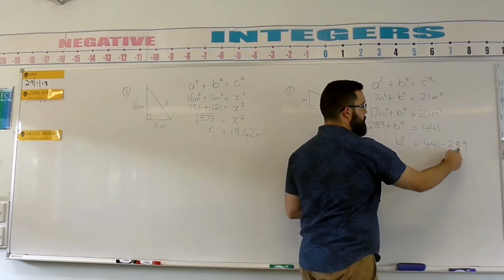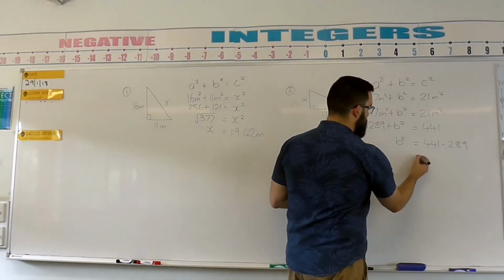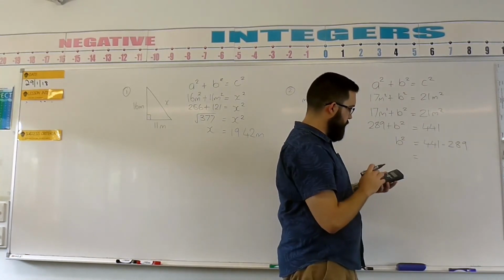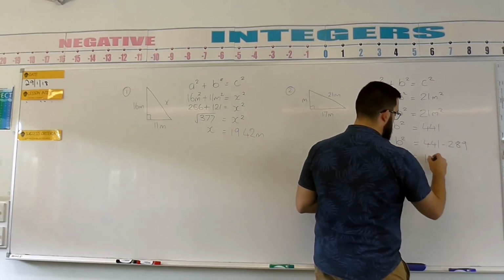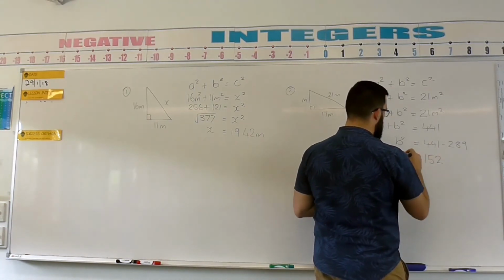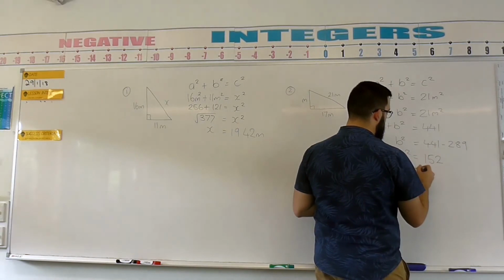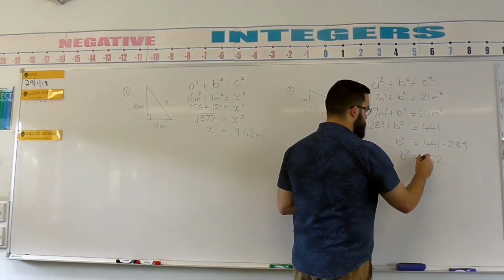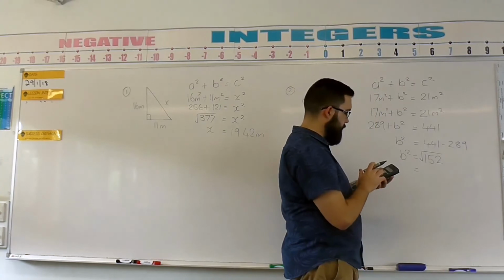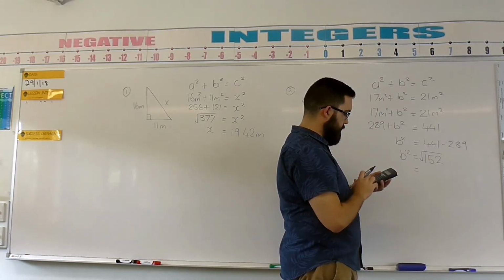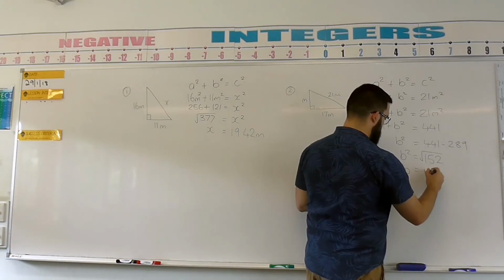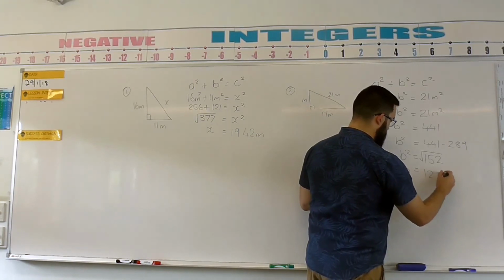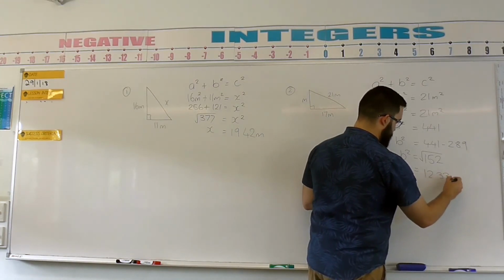Keep the balance, we minus it from this side. Alright, so we have 441 minus 289, which makes 152 for b squared. Now remember, we want to take the square root of this to get rid of our square. So the square root of 152, b is going to be 12.33